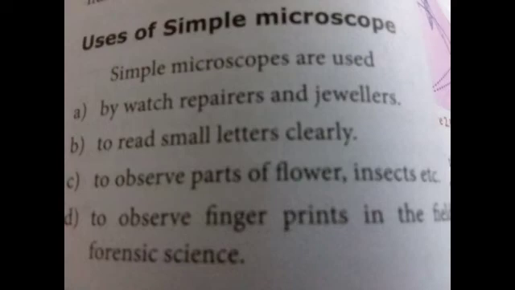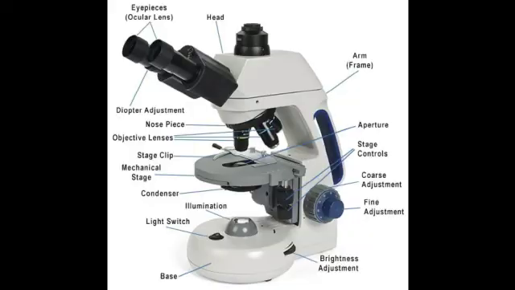Now we move on to the compound microscope. A compound microscope is also used to see tiny objects. It has better magnification power than a simple microscope. The magnification power of microscopes can be increased by decreasing the focal length of the lens used. Due to constructional limitations, the focal length of the lens cannot be decreased beyond a certain limit. This problem can be solved by using two separate biconvex lenses.